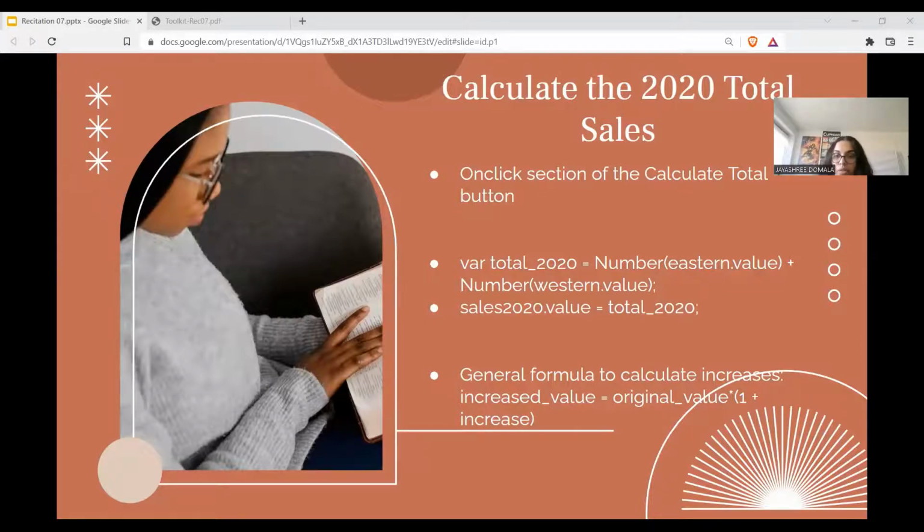This is how we can get the value. So that is what we've done in the first sentence. We have taken both the values and we have added them. Then the next statement basically just assigns the total calculated value to the value property of the total sales for 2020 text box. So what it essentially does is it pushes the result onto the 2020